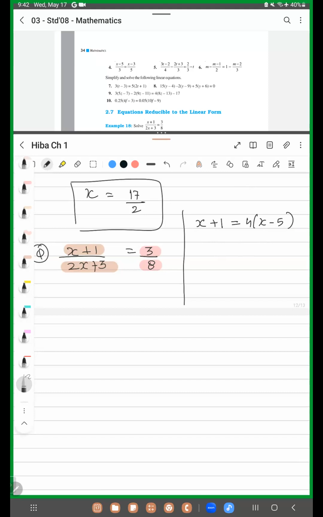because it is being bounded with 4. It is a part of a bracket. आप सिर्फ 5 को नहीं ला सकते. Why? Because it is 4 multiplied by x minus 5. So